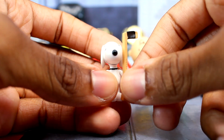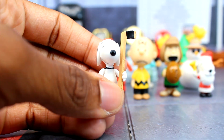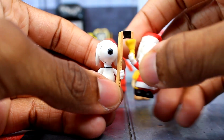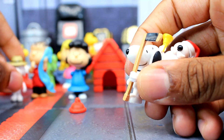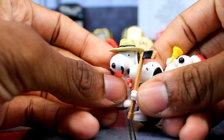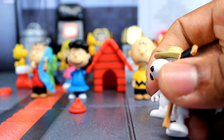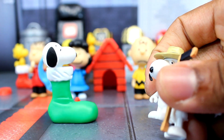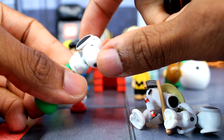So I got this hockey stick right here, and they give you a couple. There's one right here, and then you have this one right here. I kind of gave Snoopy a candy cane right there, and then I think this is the last one over here, but I just dropped the hat right there. But yeah, they give you this hat that you can throw on, and this is just a